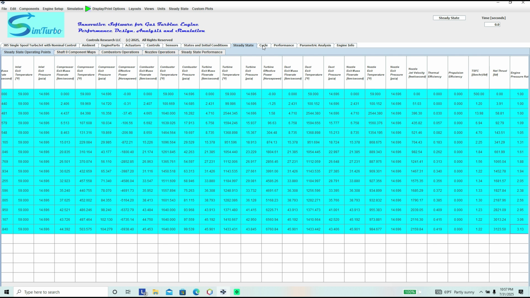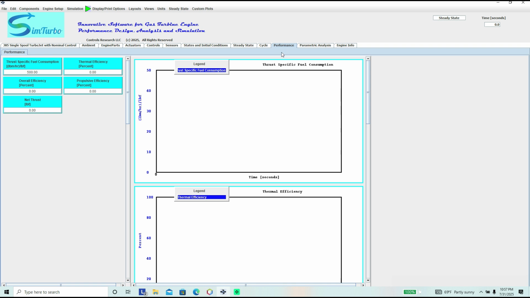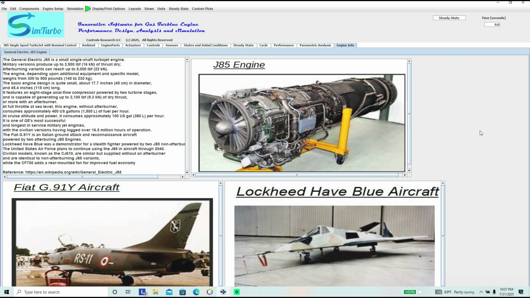We'll show later the cycle, the thermodynamic cycle, which is of course the Brayton cycle. Different performance plots, including the thrust specific fuel consumption and thermal efficiency, parametric analysis, and here's an interesting tab where we go through and, for instance, this engine, the J85,